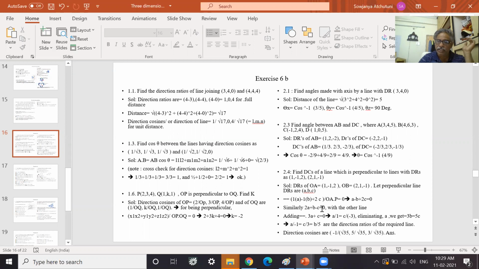So these steps are slightly faster. Let us understand. From these two equations, 3 variables, I will not be getting A, B, C independently. What I will get is the relation between them. So this is the relation. So if I put it K, then their DCs are proportional to their respective denominators, minus 1 by root of 1 square plus 3 square plus 5 square, because R is A square plus B square plus C square. So K into 1 square is 1 plus 9 plus 25 is 35, root 35. So we get DCs. Okay.